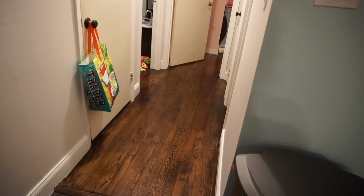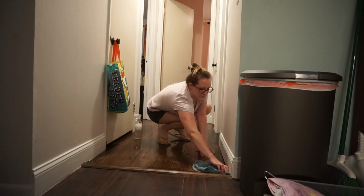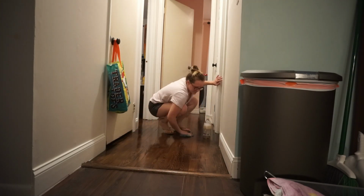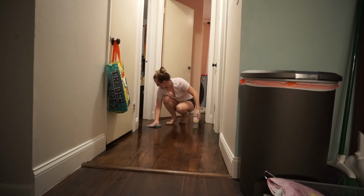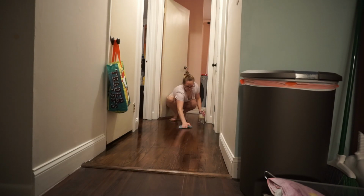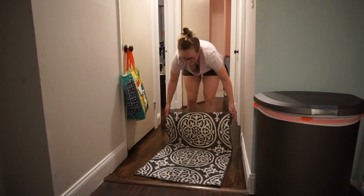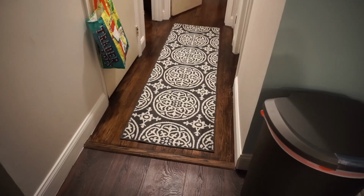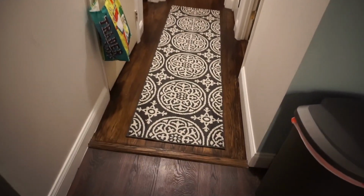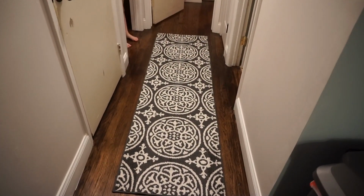One last thing I've been wanting to do is put something here. There we go, look how cute that is. Let's take this off of here, looks better. There we go. I was trying to wait for the hallway to be completely done and then throw this rug down as the last finishing touch,